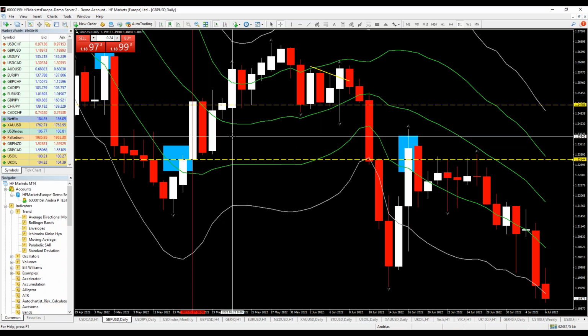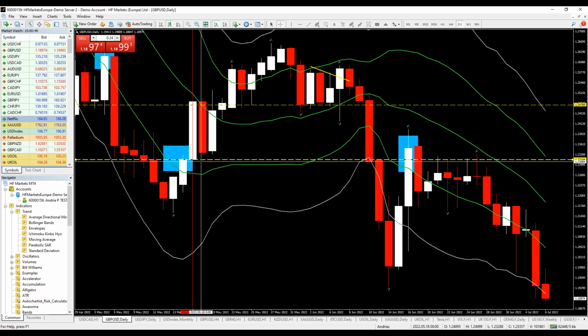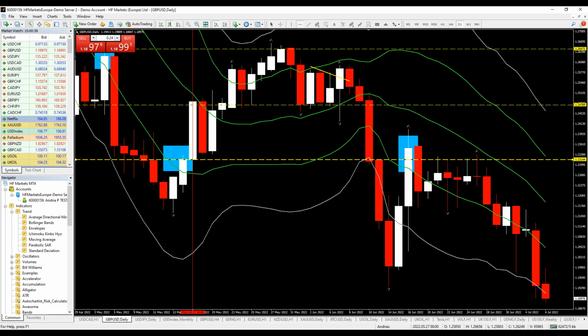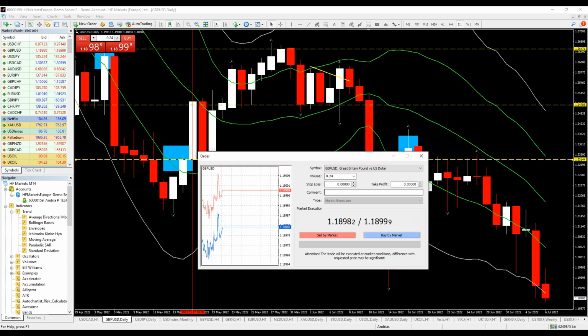So 166 pips multiplied by 2 is 332. So that means 332. So my second target should be over here, somewhere here. Over here you can add your second target, and here the stop loss, as we said, down here,